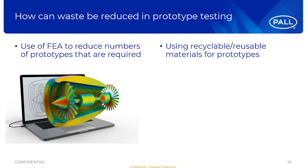Similarly, what we can do is we can use recyclable materials and reusable materials for prototyping. You can see here one of the things that we were designing. So this is for a buffer management system, which is used within the biopharmaceutical process. And these devices sell for about £250,000 each. And what we needed to do is look at these different devices, these doors, and try to understand,